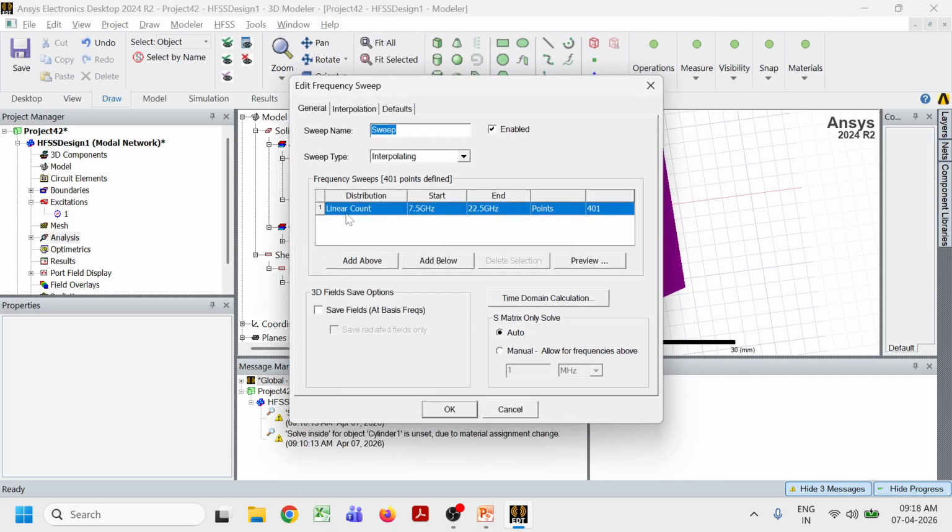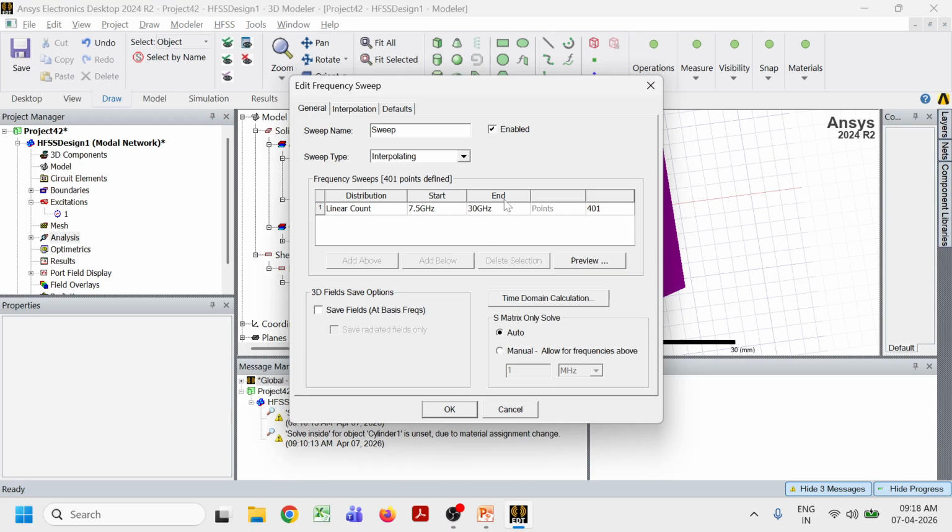So it is going to ask what is the range of frequencies that you wish to simulate. As I told you earlier, center frequency was 15, so I'm going to give half the frequency as the starting frequency, and the end point I'll give as twice the frequency. You can give 1.5 times the center frequency also. That is what we are seeing over here, right? In case you have too much concern about whether your design is correct or not, if you want to see a rough estimate, you can very well assign twice this frequency,